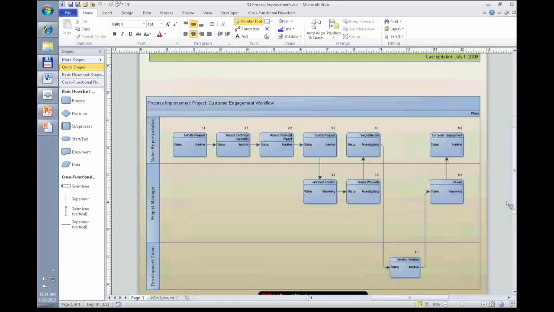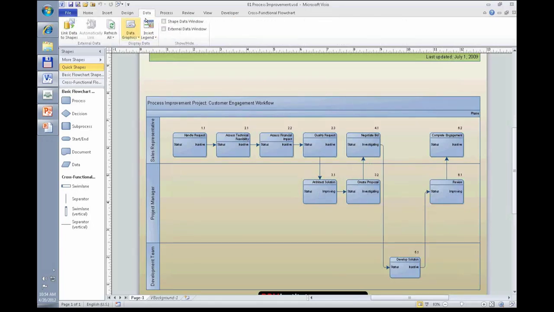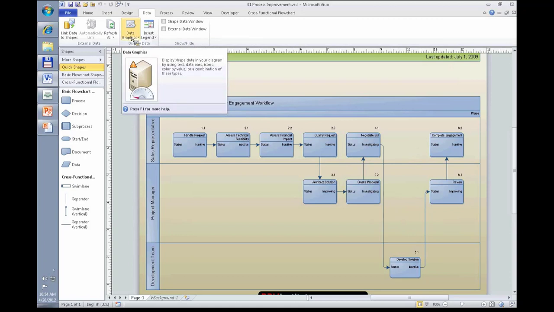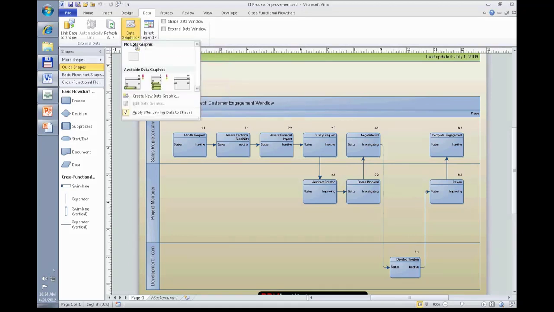So this is a swim lane diagram. It's, to be honest, kind of boring. It's just got some shapes with text on them. One of the things that we can do with diagrams in Visio is visualize the data. So I'm going to go to the Data tab, and I'll show you how to create these graphics in a moment. But right now I'm just going to use a couple of existing graphics, click the Data Graphics button,